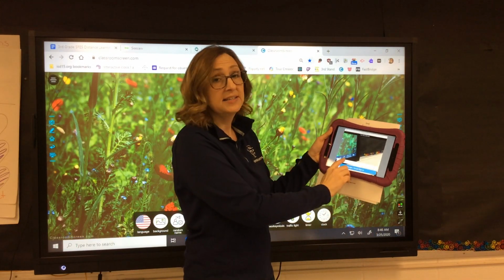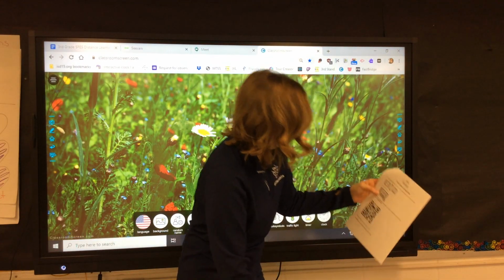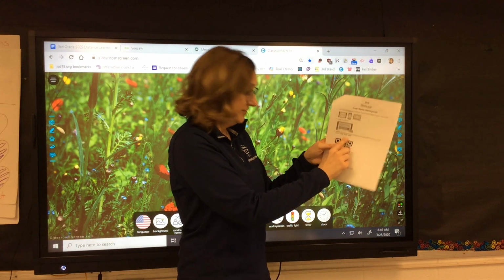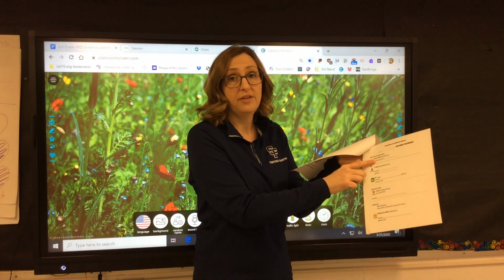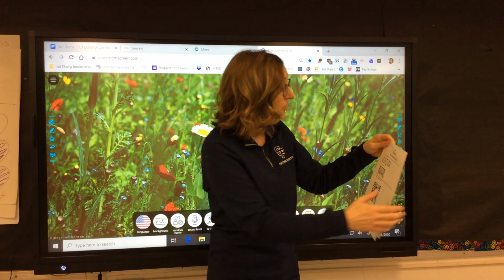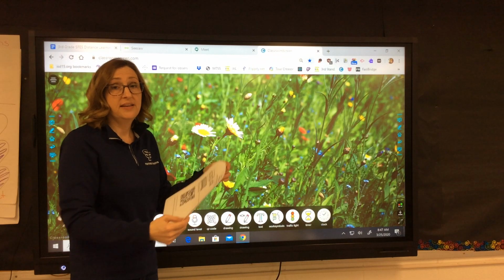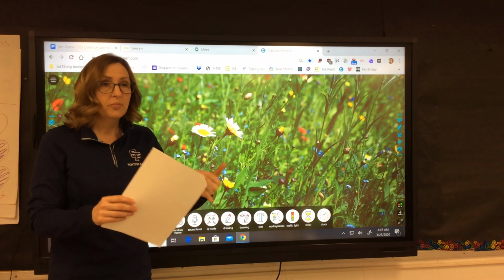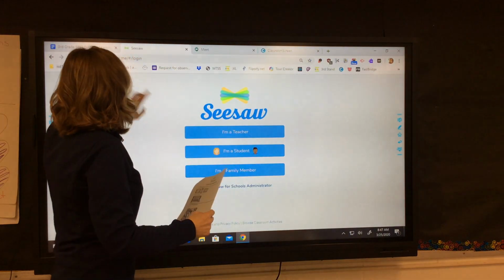Otherwise, it says text code down here at the bottom. That is a code that's listed on this sheet, and it's also on the front page of that sheet. On the computer, let's say that you're using a Chromebook or a laptop or a desktop computer, you go to app.seesaw.me, and you're going to click I'm a student.